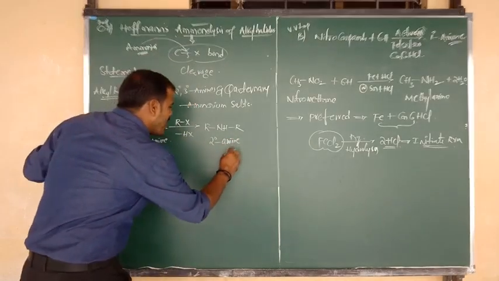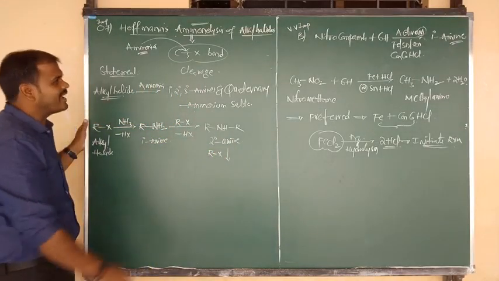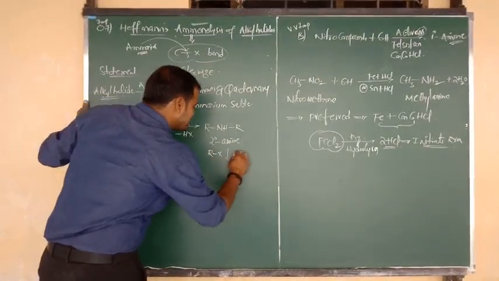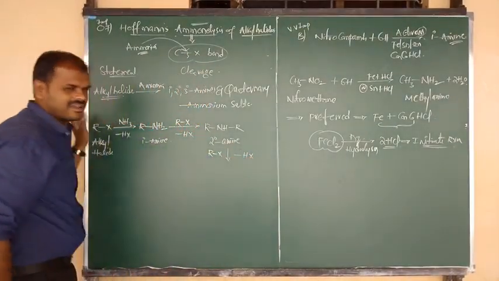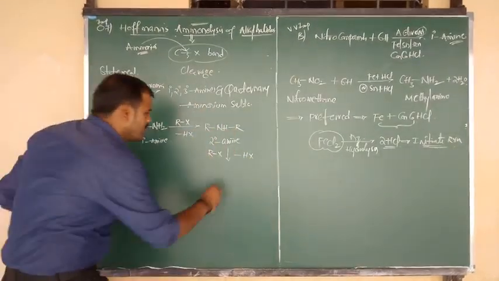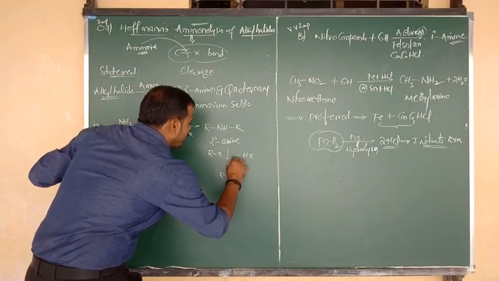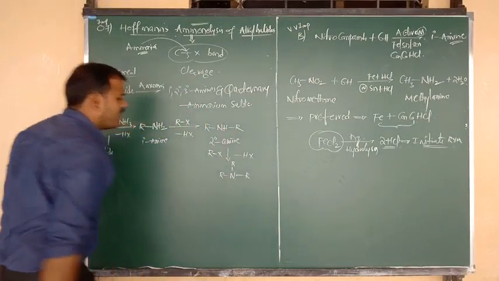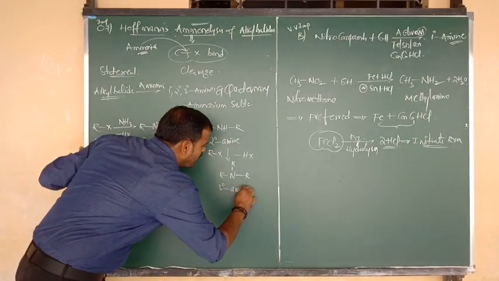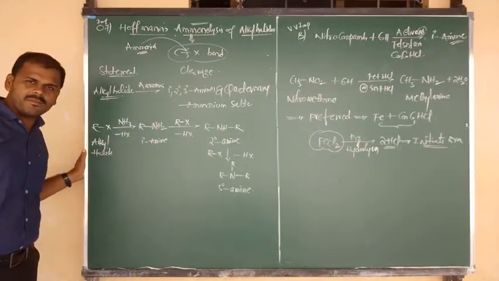Now such secondary amine reacts with another mole of alkyl halide. Again C-X undergoes cleavage. Okay, now beta, H combines with X minus, removed in the form of HX. Now nitrogen already contains 2 R groups. We are writing another alkyl group. So we can write R bonded to N, N bonded to R, again N bonded to R. So this is which amine? Yes, here we got tertiary amine. Very good.